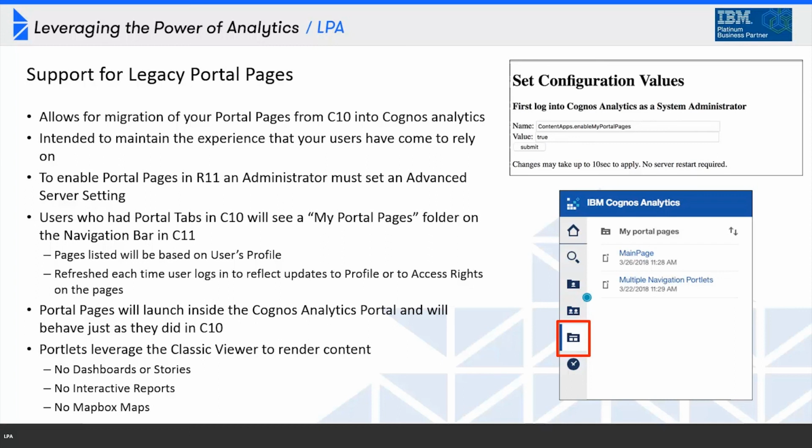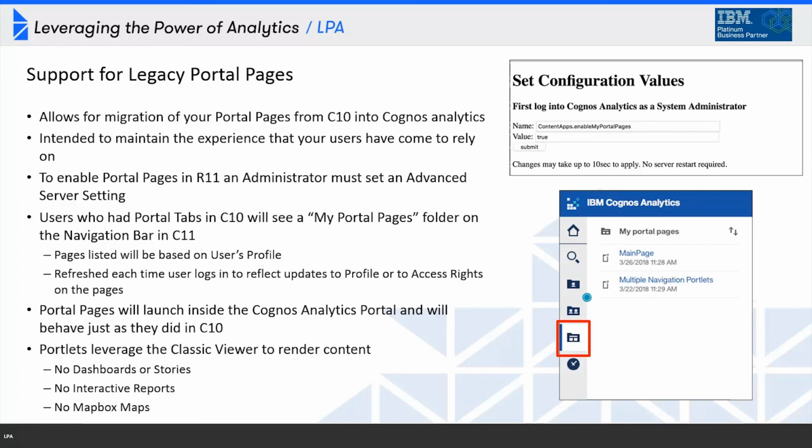So there is an advanced configuration setting that you have to set through something called the configuration tool. This is a tool brand new to me, to be quite honest. I think it was introduced to the product last year, where if there is a setting for which there is no UI, you would use this tool to set that setting. So there is a setting in the case of legacy portal pages for which there is no UI to change the value. So you use this configuration setter tool, and I'll show you how to do this,